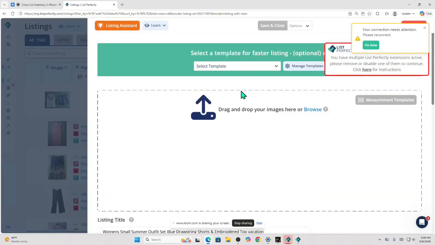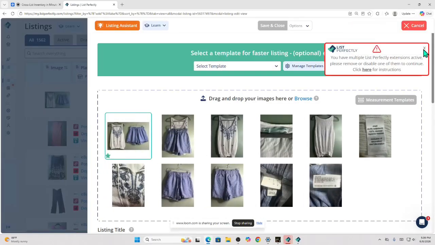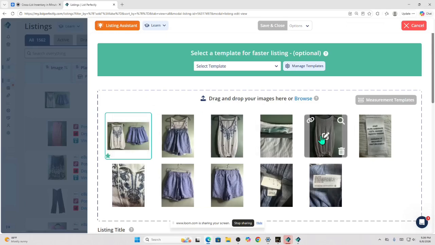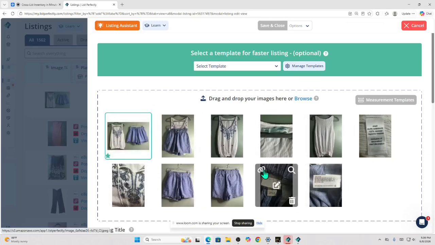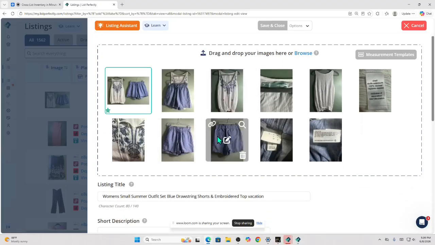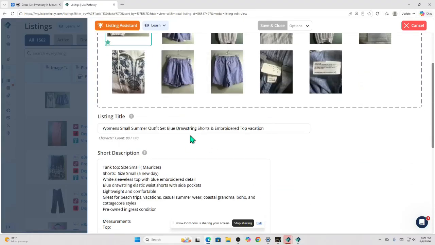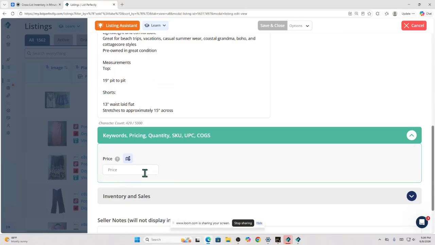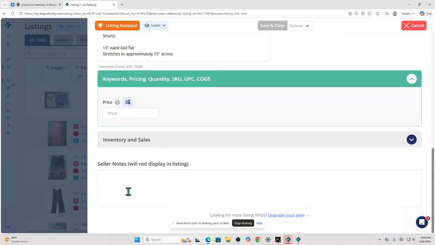And you can click on the pencil and it opens up for you. And this is where you edit your pictures, but you can upload the pictures from your phone onto List Perfectly. And once you open List Perfectly from your computer, you'll see everything on it. You'll see your pictures, the description, the title. You can add the price. You can also use seller notes. You can add where you have stored the inventory, the cost of goods for that day, and when you listed